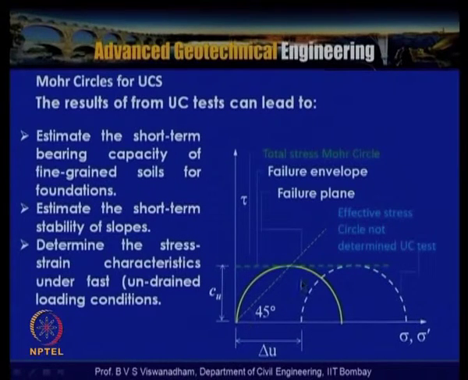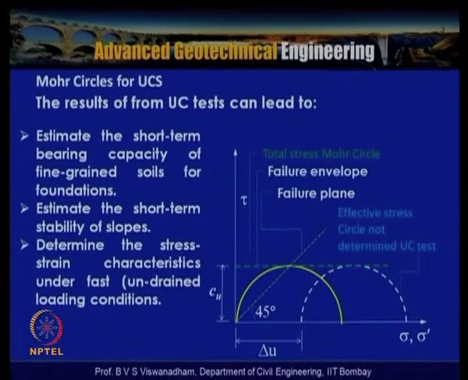The failure plane is indicated here, and the point where it intersects is the horizontal Mohr-Coulomb failure envelope. So the cu is shown here. Basically, the results from the UC test can be used to estimate the short term bearing capacity of fine grained soils for foundations, and for the unconsolidated undrained test we can also use this logic,